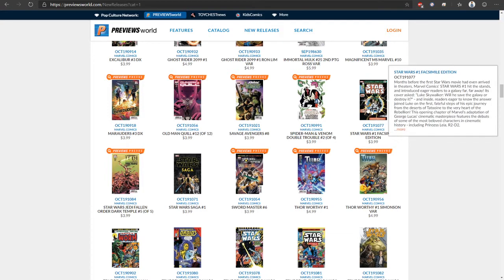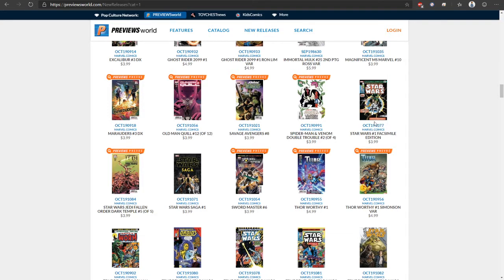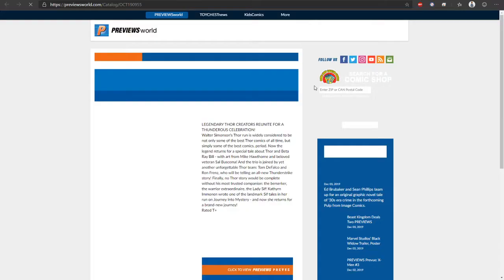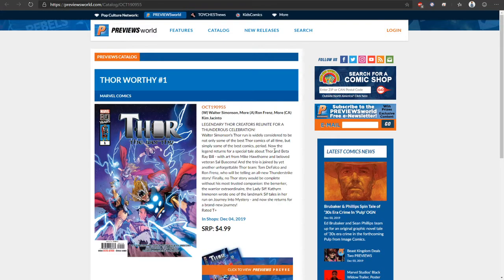Star Wars 1 facsimile. Here's another facsimile. That would be a fun one to grab. Look at some of that stuff. Thor Worthy #1. I am not necessarily looking forward to this, but I know a lot of people are. I might, because I know Beta Ray Bill is going to be in this book, and I am a fan of Beta Ray Bill. But Thor books...